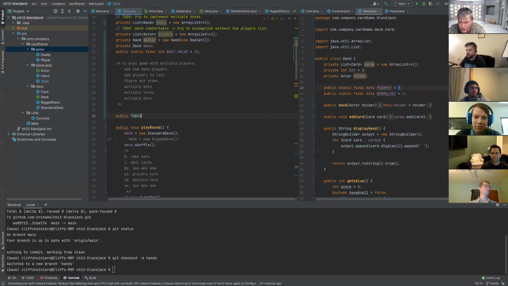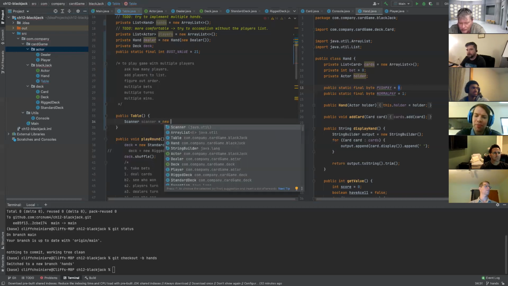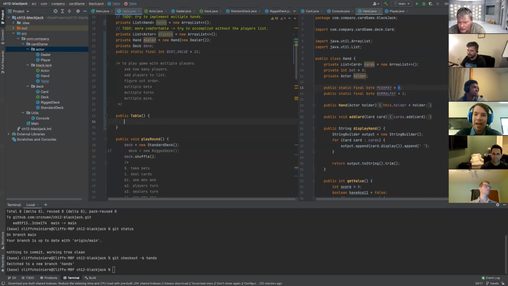Table. In this case, we're going to do scanner. Well, why would we need a scanner if we already have how many players? Oh, wait, get int. Yeah, we have that already. I see what you're saying. Thank you for that. We don't need it. You're right. We need int